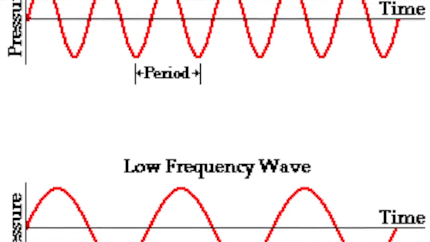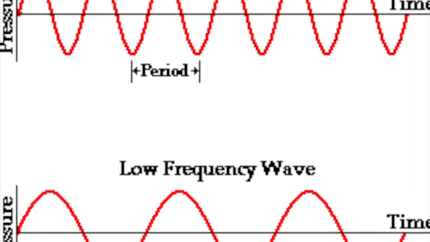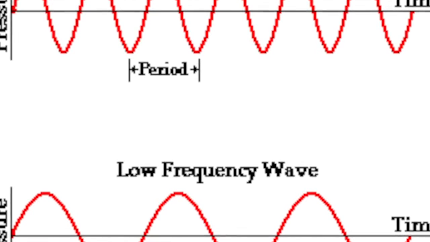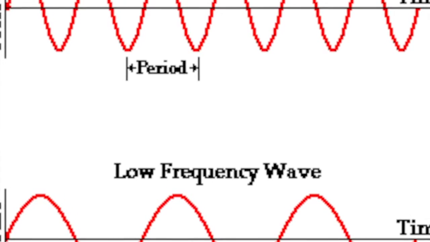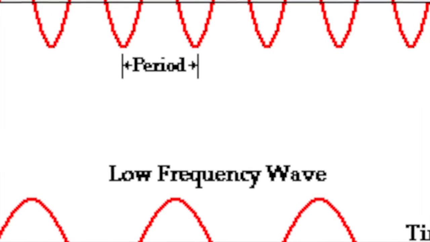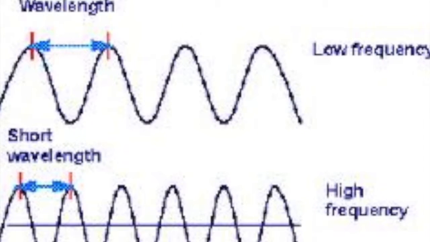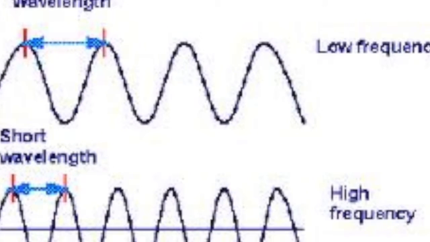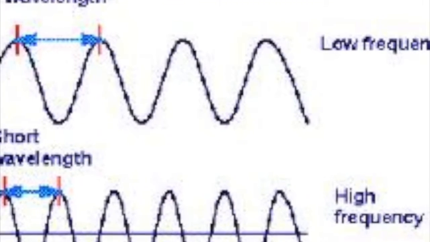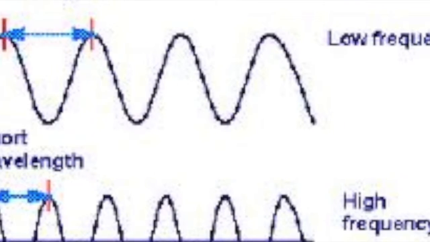The frequency of the wave determines the pitch. The frequency of an audible sound wave determines how high or how low we perceive the sound to be, which is known as pitch. As the frequency of a sound wave increases, the pitch rises. The frequency of a wave is an objective quantity that can be measured, while pitch refers to how different frequencies are perceived by the human ear.